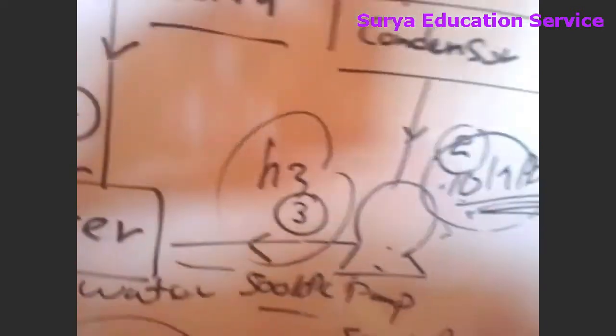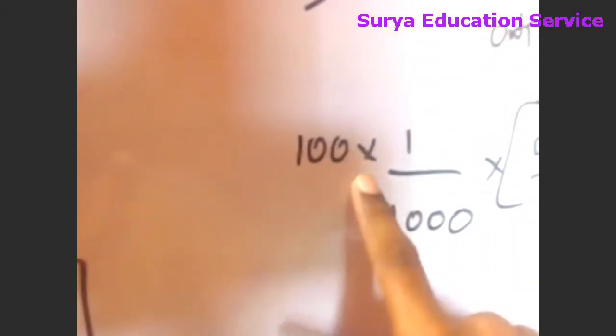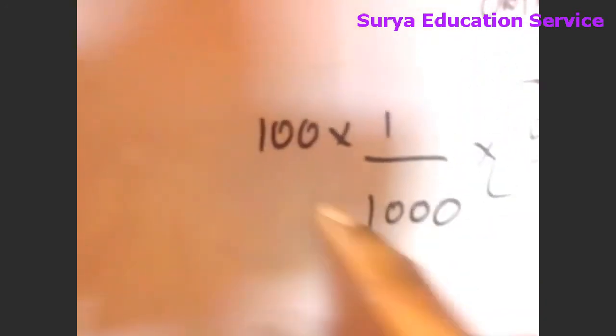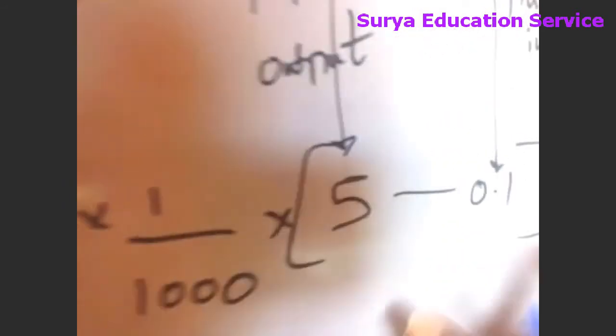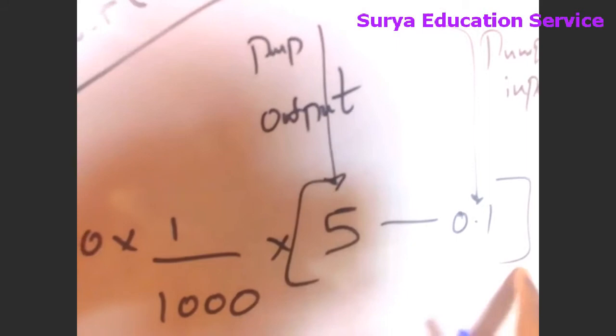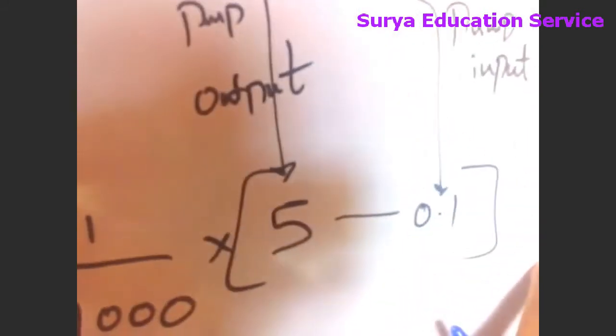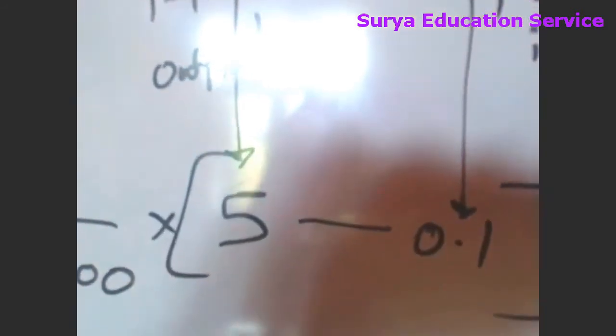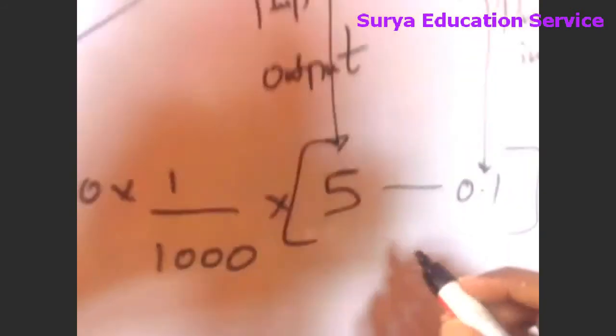Okay, done. Now I am going to teach you the shortcut of finding the pump work. Guys, that is also easy. Now carefully listen to the shortcut. That equals 100 multiplied by 1/1000, just a shortcut. That is for the unit conversion, and you will see how it comes. 100 multiplied by 1/1000 and the difference of the pump output pressure and the pump input pressure in bar. Be very careful, that's in bar.